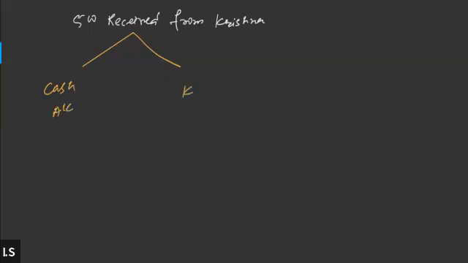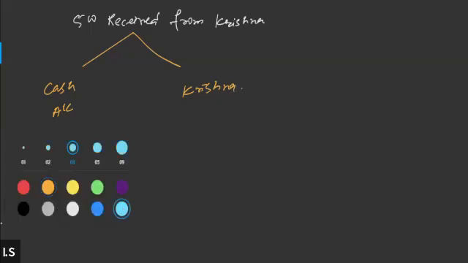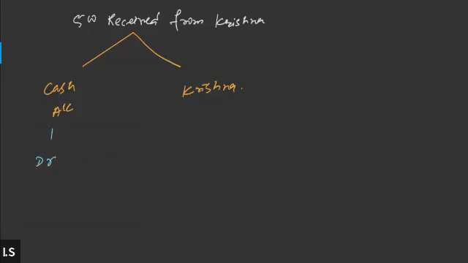So in this particular transaction, two accounts get affected: firstly the cash account, and the Krishna account. Ideally, what should have been done? The cash account must be debited, right? And the Krishna account should have been credited. Since the question says that by mistake we have debited the Krishna account,